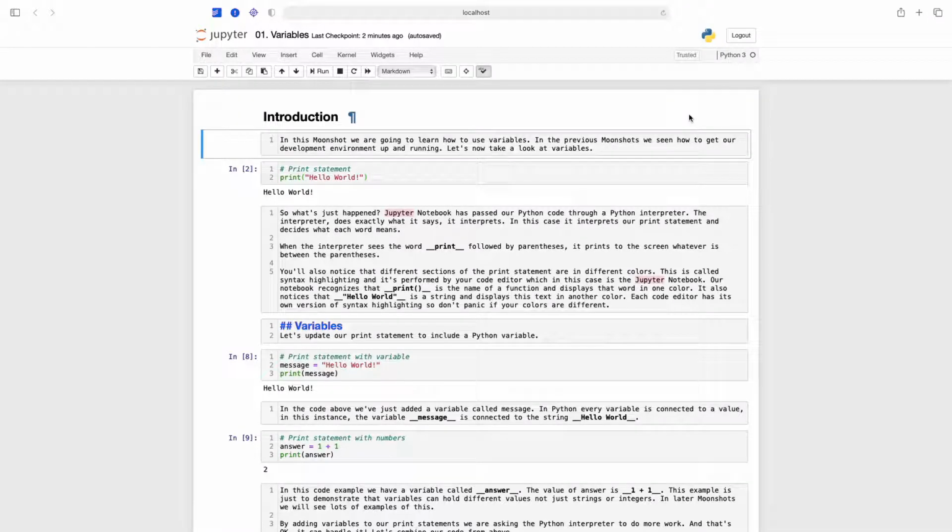Hi everybody, and welcome to this moonshot where we're going to be discussing Python variables. As you can see, I have my Jupyter notebook open and it's populated with content and some code. We're going to run through this Jupyter notebook file, but just to point out that the code examples to